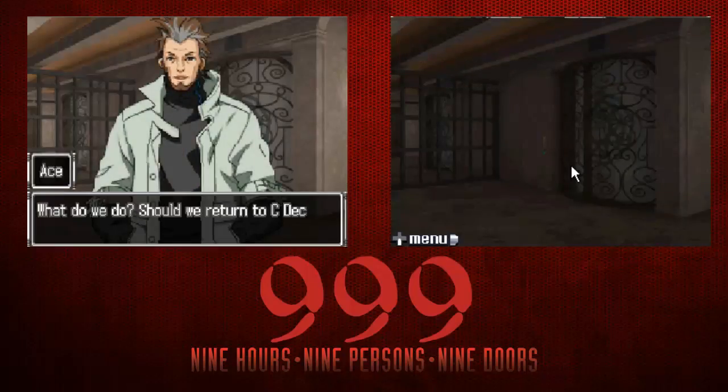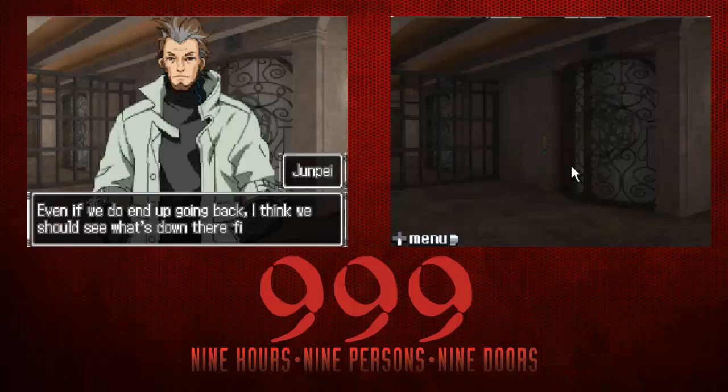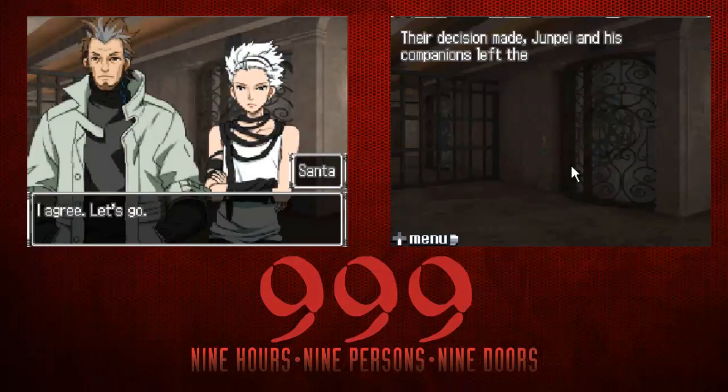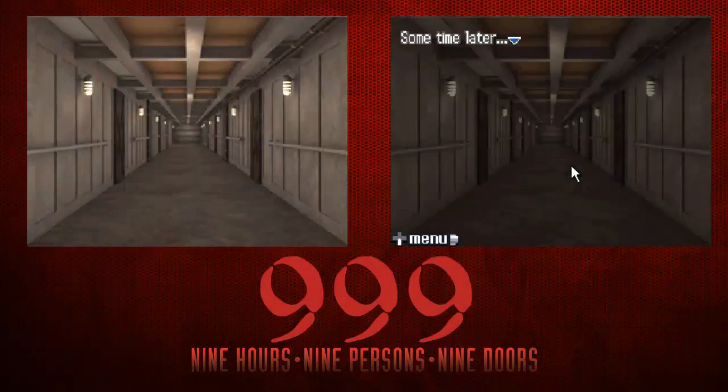What do we do? Should we return to C deck? No, this hallway keeps going. Even if we do end up going back, I think we should see what's down there first. I agree. Let's go. Their decision made, Junpei and his companions left the elevators behind and continued down the hallway. Sometime later,